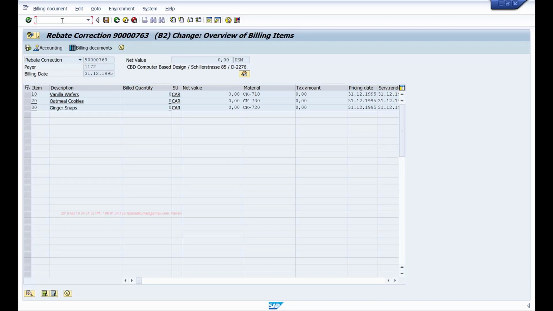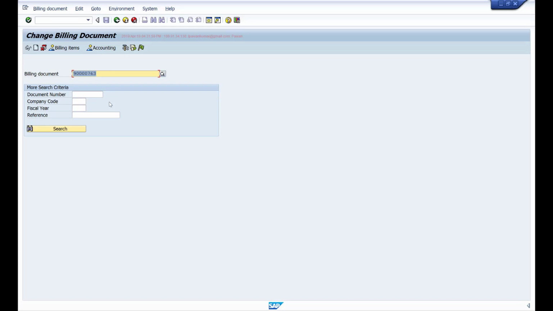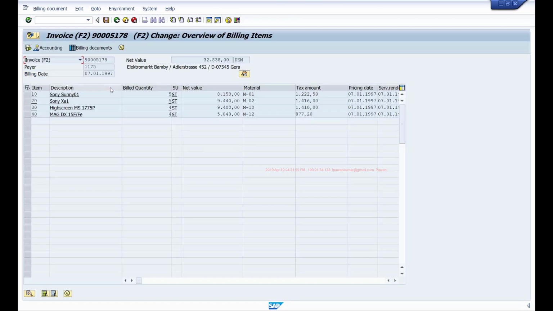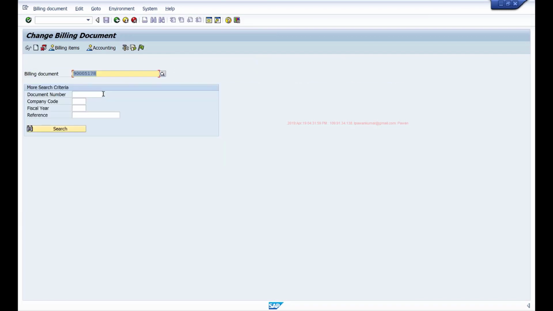So if I open VF02 again in another window and try to open the same document number, it will give me an error saying that this document is currently being processed. However, if I edit another, different document, then it will allow me to edit this document. Right? So it doesn't throw an error for this document. However, the previous document which I already opened in another window, if I try to edit the same document, it